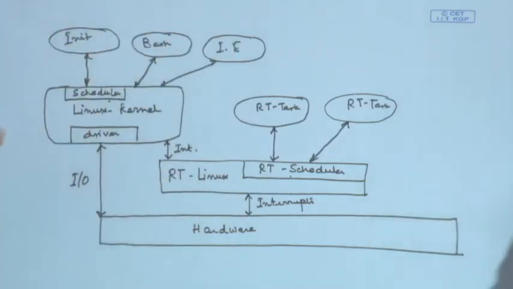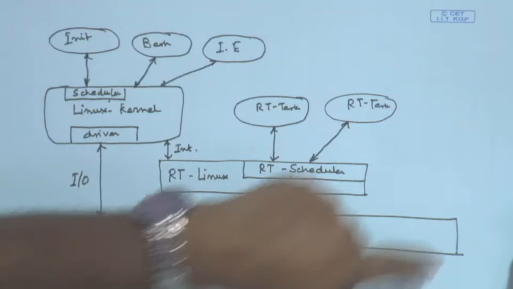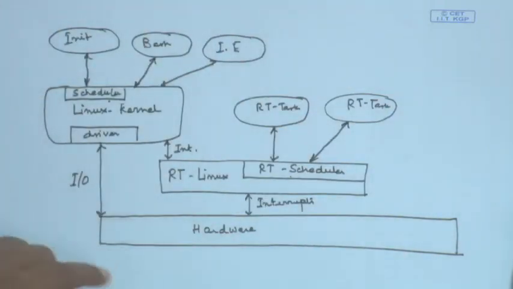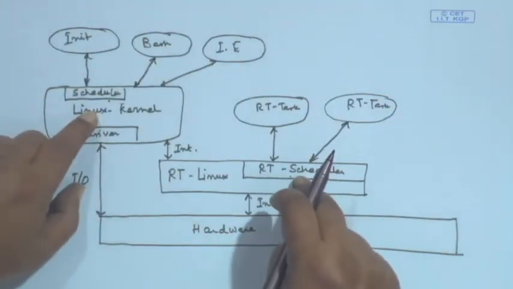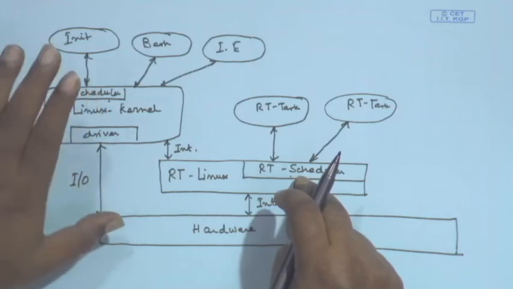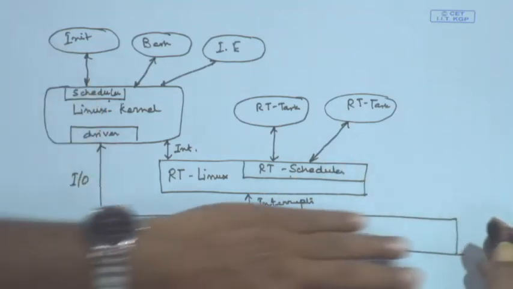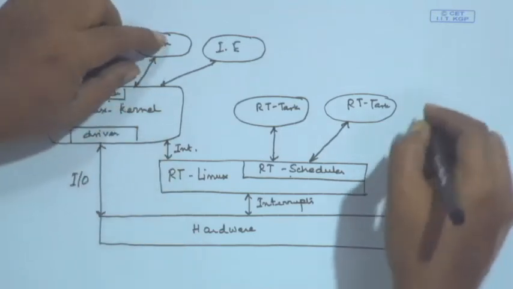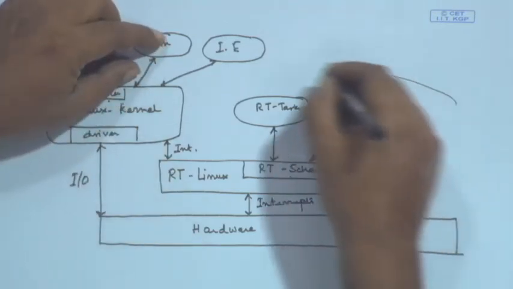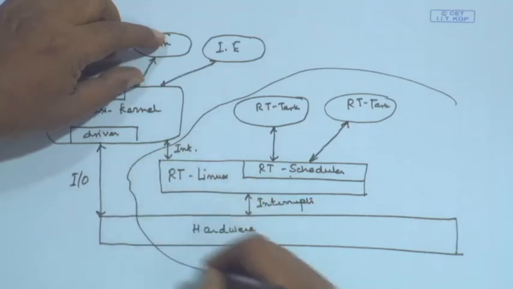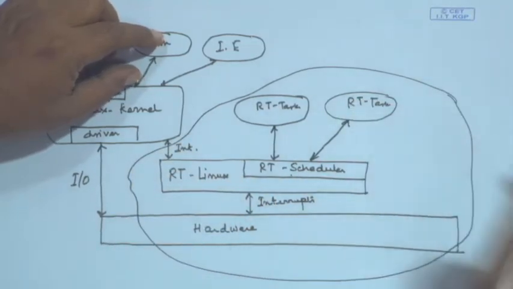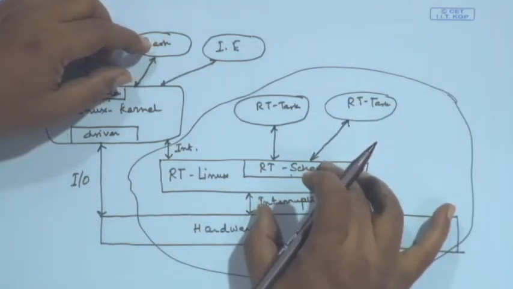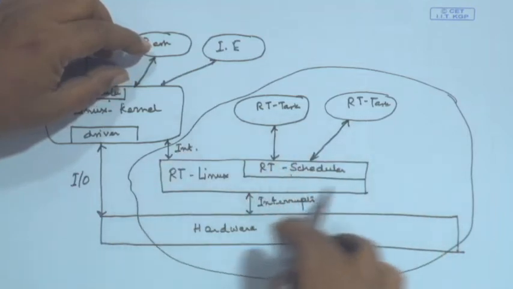For example, the question is that, as this diagram is showing, the same hardware is being shared by both of them. It is not the case like that. Forget about the hardware, I can separate out the hardware. There can be an embedded system which is on this. We are right now discussing the operating system part. Now, this operating system that has been designed